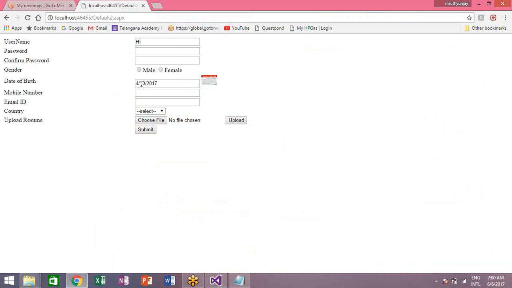After selecting a date here, I want to change it. Right. Clicking on submit. Invalid. Because it's taking mm/dd/yy, but you don't have 14 months, right? Hence it is displaying invalid date. So this way we can validate the